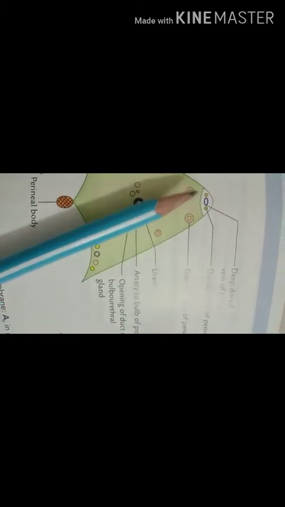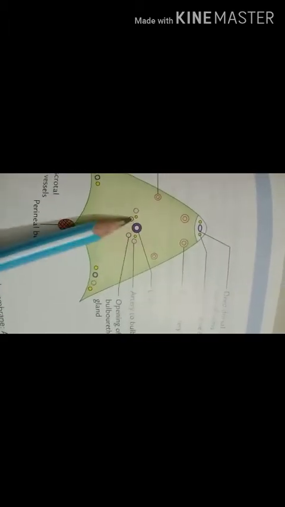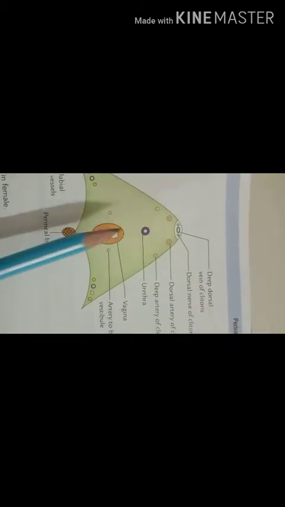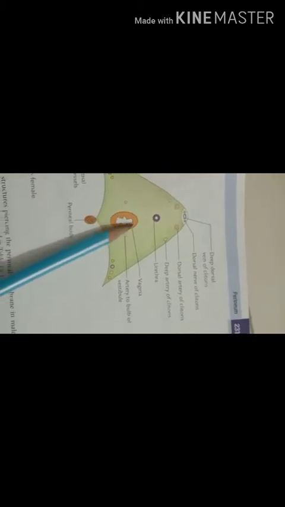Then the dorsal artery of the penis or the clitoris, near the anterior part of the attached margin. This one, the dorsal artery of the penis, or here the dorsal artery of the clitoris. Then the urethra in the midline. So here you can see the urethra in the midline, and in the female, the urethra and the vaginal opening. So here that is the urethra and the vaginal opening.